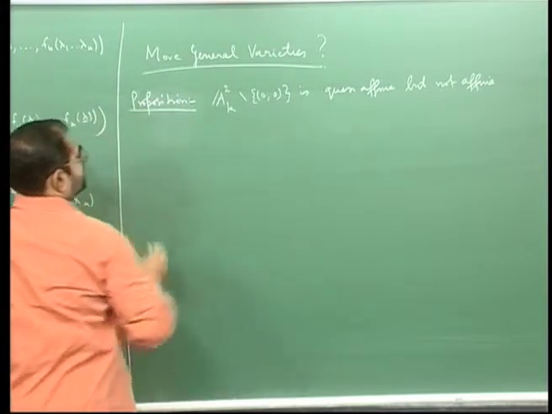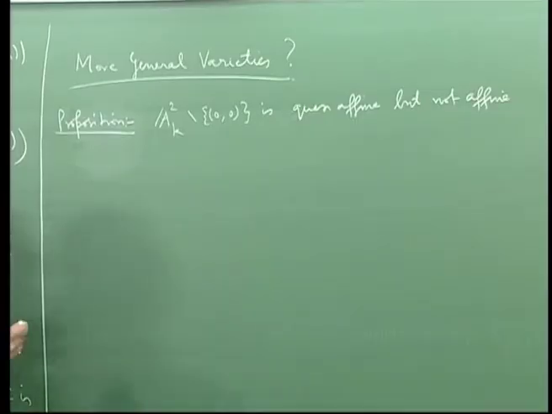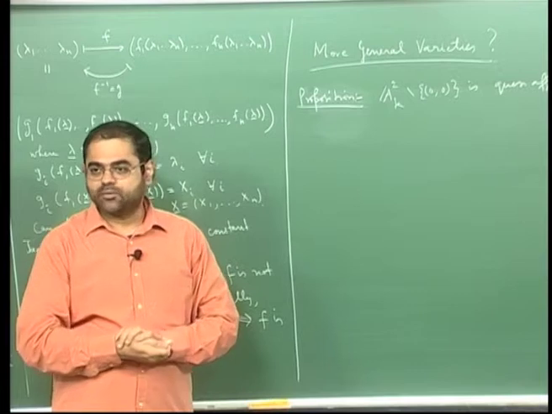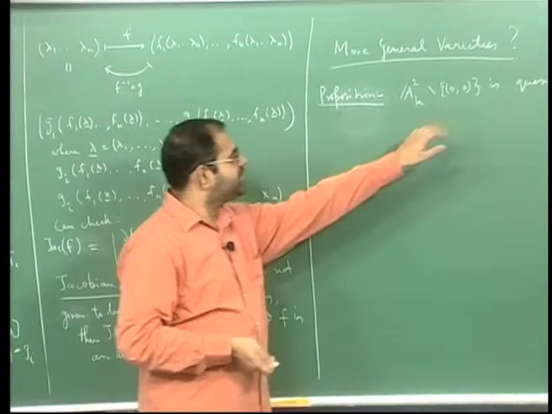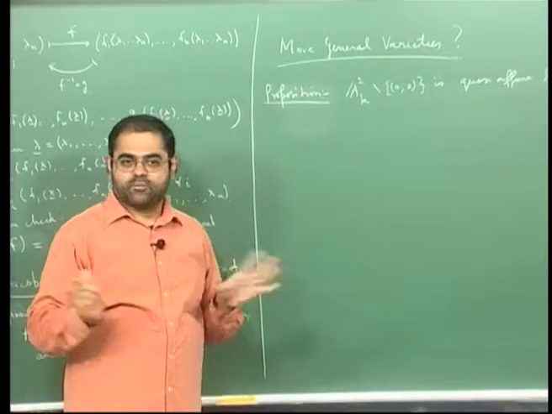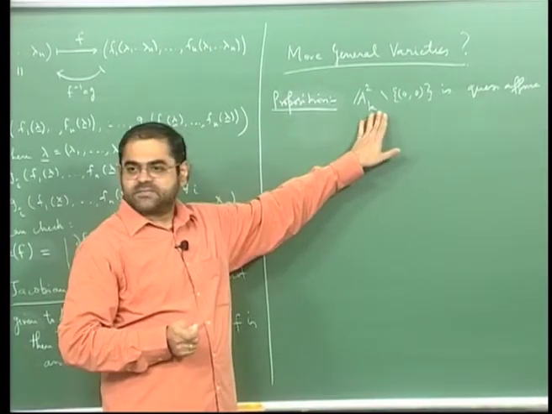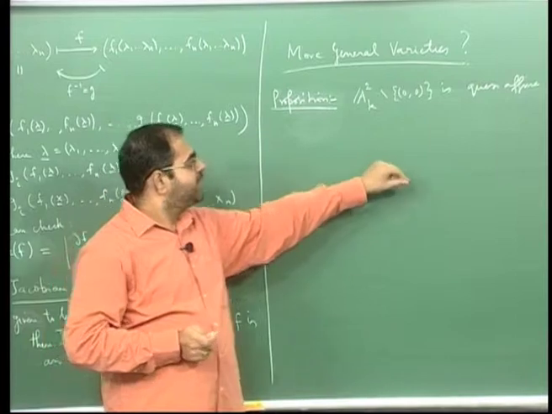So what are we going to do? See, first let us understand the statement. It is quasi affine because it is an open subset of an affine variety, namely it is an open subset of A2, and it is a non-empty open subset, because I have only deleted the origin. It is a complement of the origin. So it is a non-empty open subset, so it is certainly a quasi affine variety,